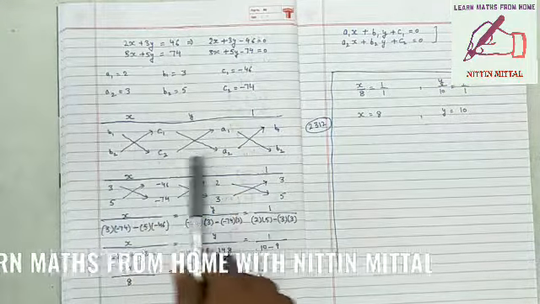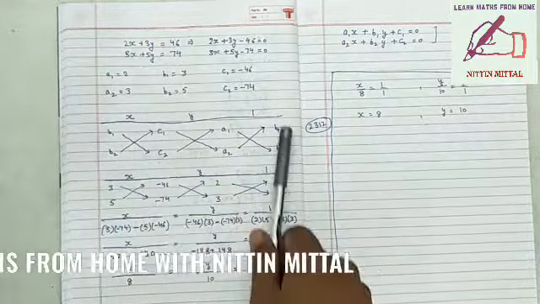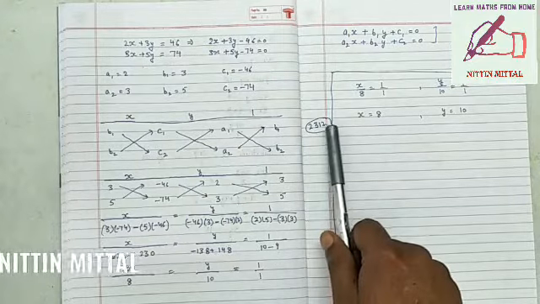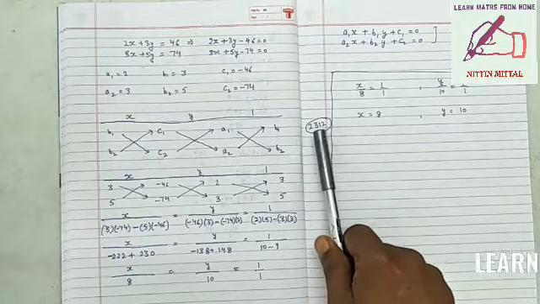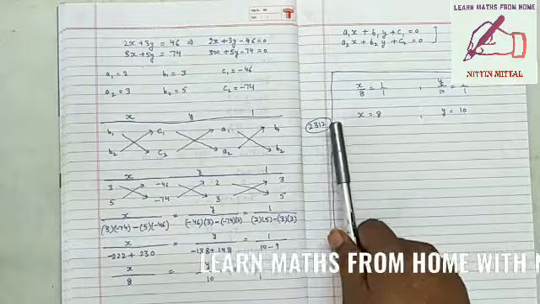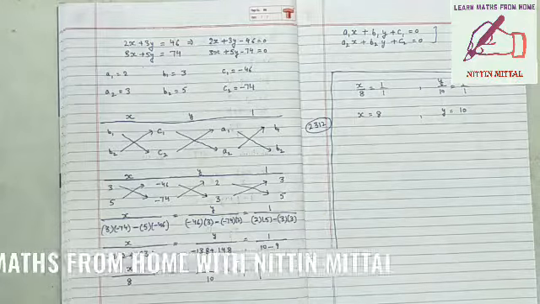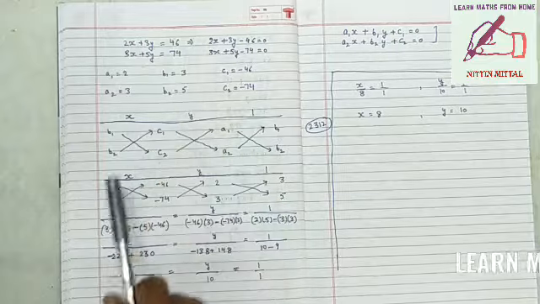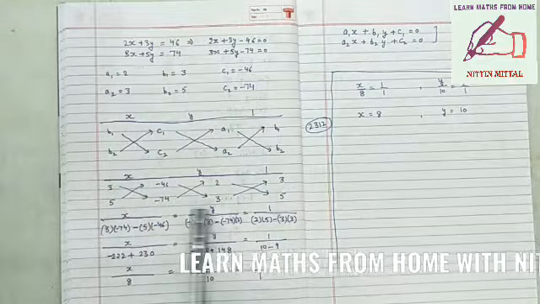Then you have to draw a diagram. This is the formula: x, y, 1, b1, b2, c1, c2, a1, a2, b1, b2. To learn and remember this, the memory tip is 2, 3, 1, 2: 2 stands for b values, 3 for c, 1 for a, and 2 for b values. Then you have to replace these variables with the actual values of the given problem. So we have replaced that.